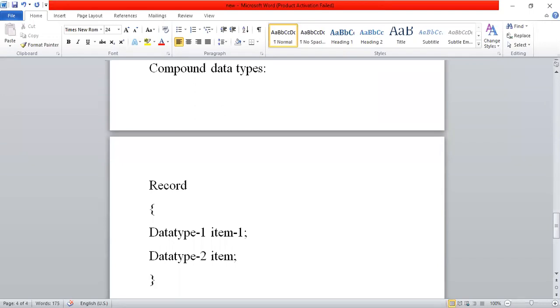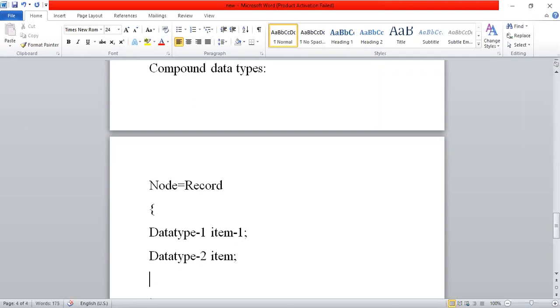If normal simple data types like integer, float, and character are there, we know how to declare those in the program. Whenever structure or node related information, or union related information, is required, we are supposed to represent the node as equal to one record type. The record type we need to declare.